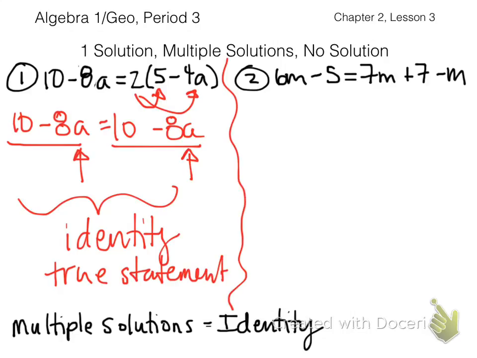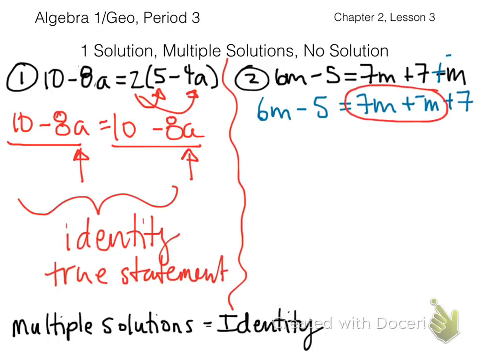Alright, well, if that is a multiple solution / identity problem, number 2 is probably going to be a no solution, but let's go ahead and take a look at what it looks like. So I'm going to go ahead and combine like terms before I start setting up my situation. I'm going to add the opposite so I can move things around using the commutative property of addition. And I'm going to end up with 7m plus negative m plus 7. I'm going to combine my like terms, and I end up with 6m minus 5 is equal to 6m plus